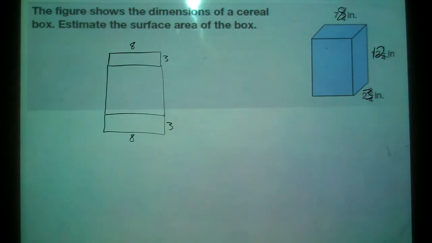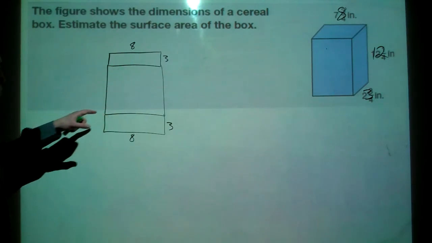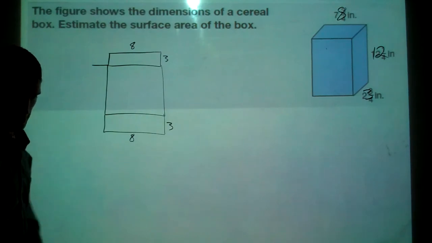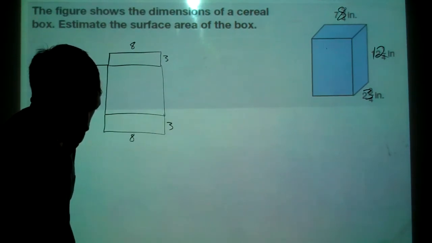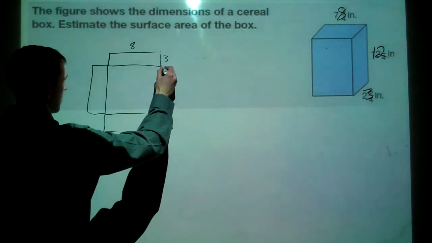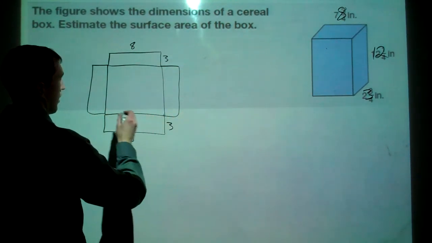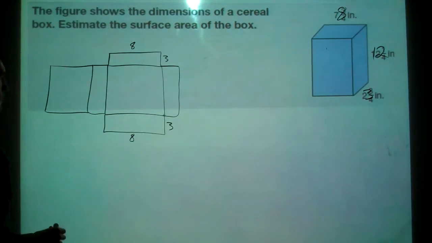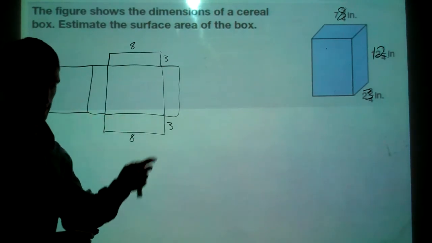And then we've got, what? So this is an 8 by 12. Then we've got a 3 by 12, like so, and then another one of these. So this is kind of what it would look like. Not the best picture that they gave us,